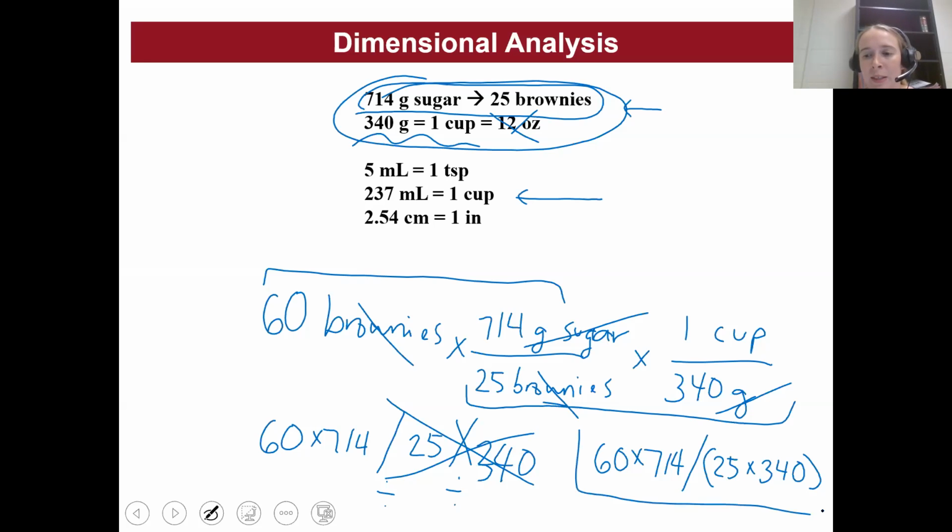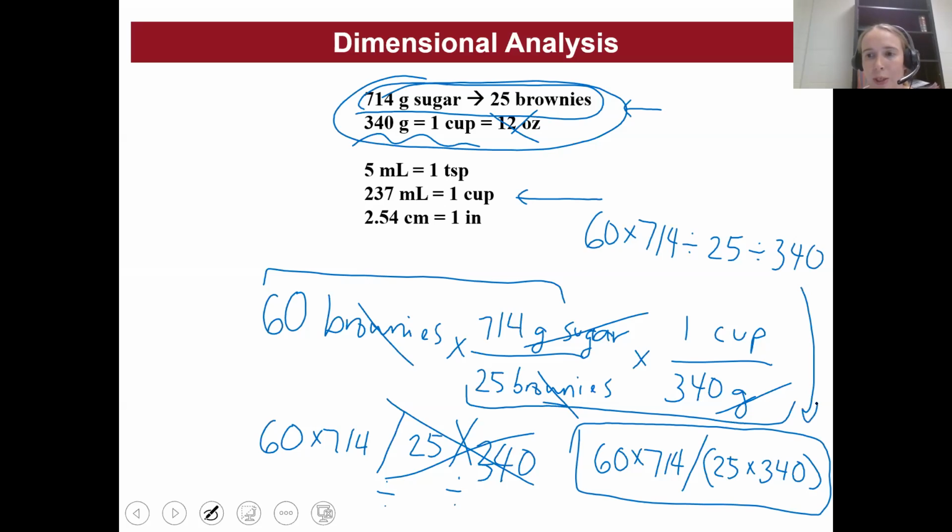So this is how you want to think about it. And you can plug it in again like this, or like this. These are your two options to plug it into your calculator correctly. Okay, so when we plug it in,